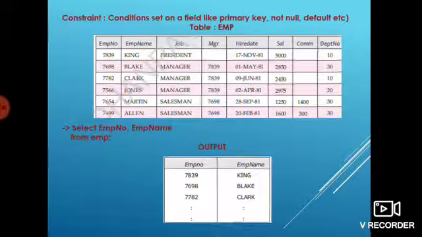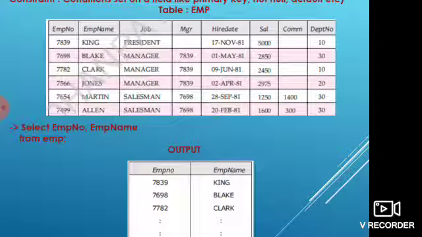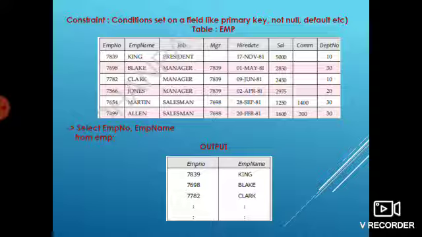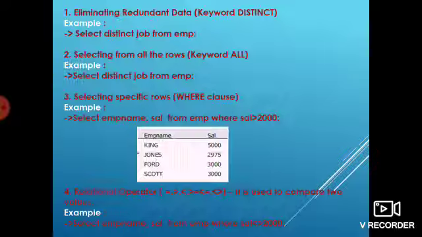Next, you can see here I am using the employee table, which is again given in the book. If the child is writing, select EMP number, EMP name from employee, then semicolon. You can see the output will look like this. Constraints are mentioned here. Conditions given to a field like primary key, not null, default, unique. When you will start your classes, you will get to know there are more constraints.